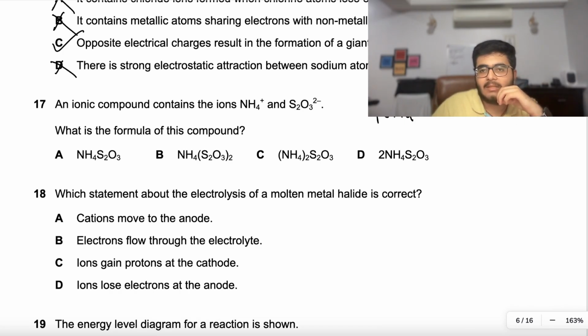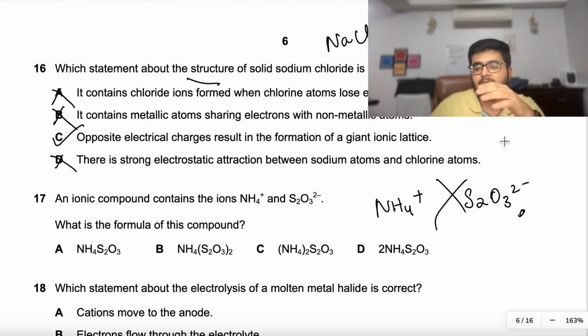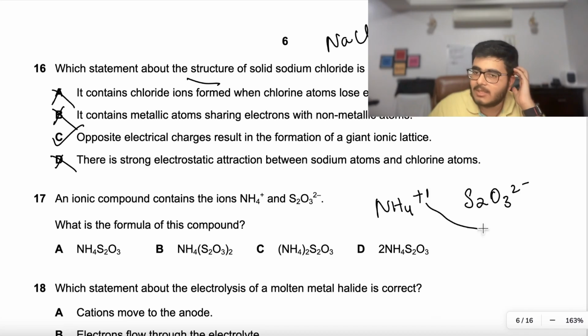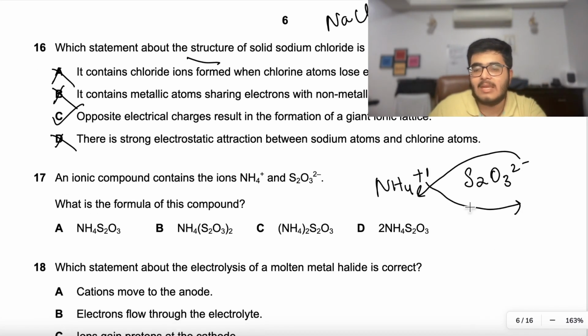So we know that the charges get crisscrossed, right? So this one will go here, this okay, I think it's not visible, right? So I'll just do it once again. So we have NH4 plus and S2O3 2 minus. So what we do is, this is plus 1, this is 2 minus, so plus 1 goes here and 2 minus goes here. So we do this crisscross thingy, and when we do this we get the answer to be